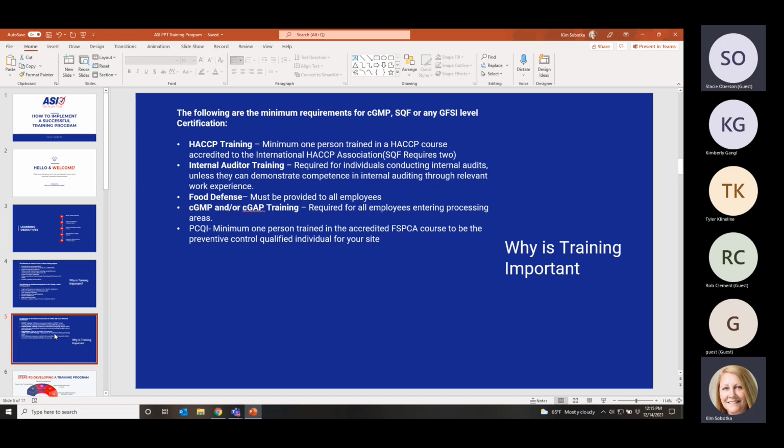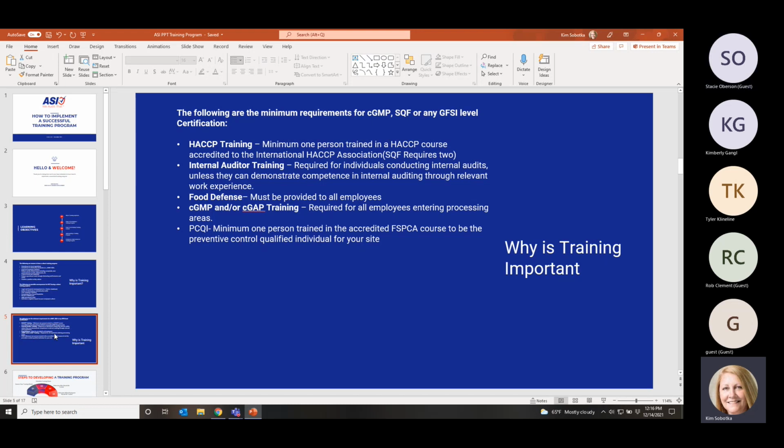It's totally separate. ASI, NSF, Eagle, all of us auditing companies are separate from FDA and USDA. Those are government agencies. And the FDA decided that the HACCP training did not satisfy the Food Safety Modernization Act requirement.